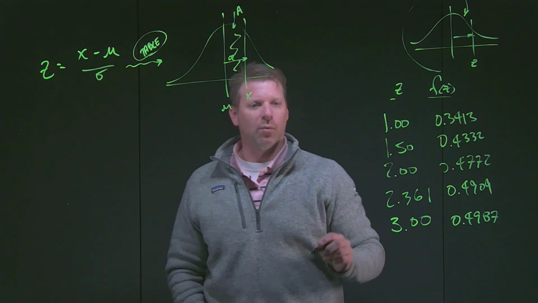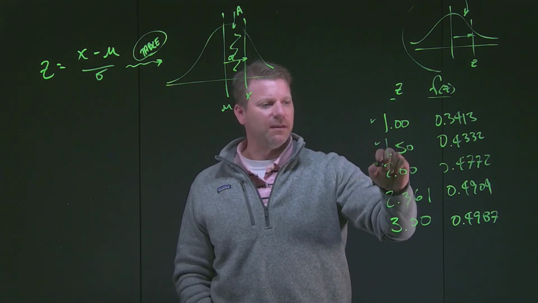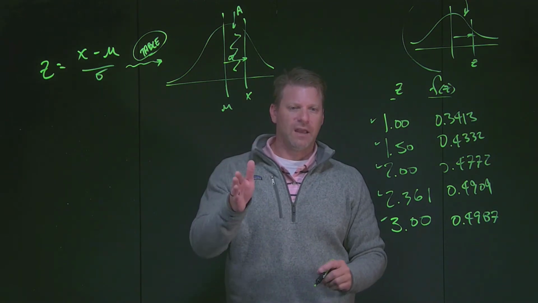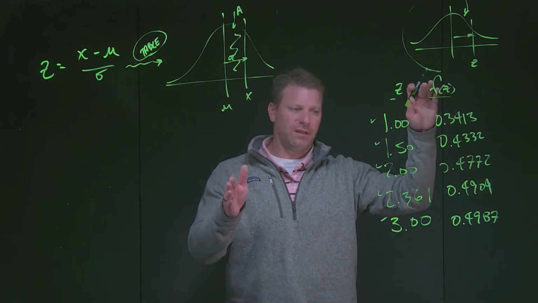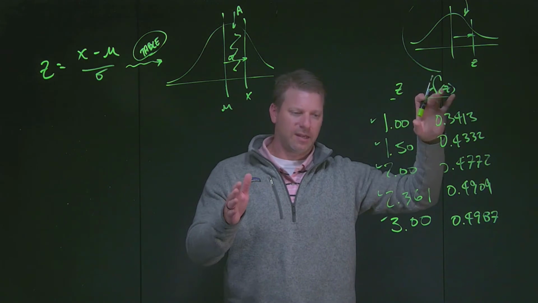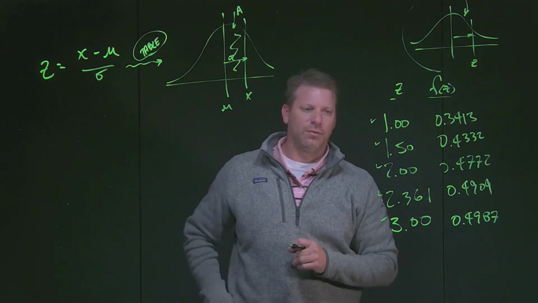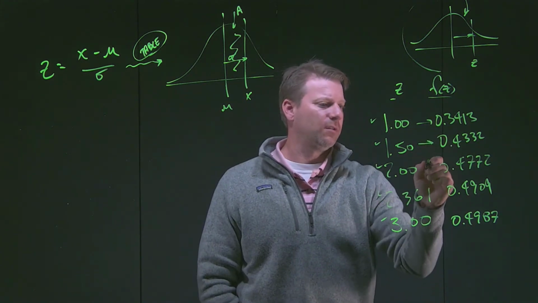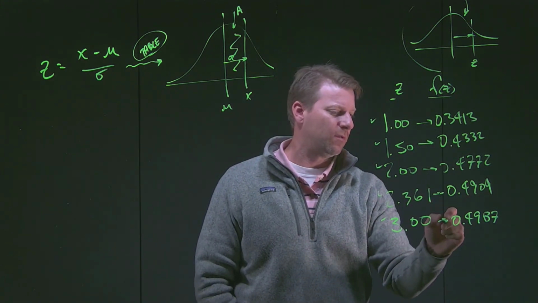Okay, so in our table, we can go direct and find each one of these numbers. Sometimes you'll see a table that has the whole number and the tenths and then the thousandths running across on the right-hand side. You're going to find different tables, but the one that we're going to use is just a direct correlation, a direct link between these two numbers, all right?